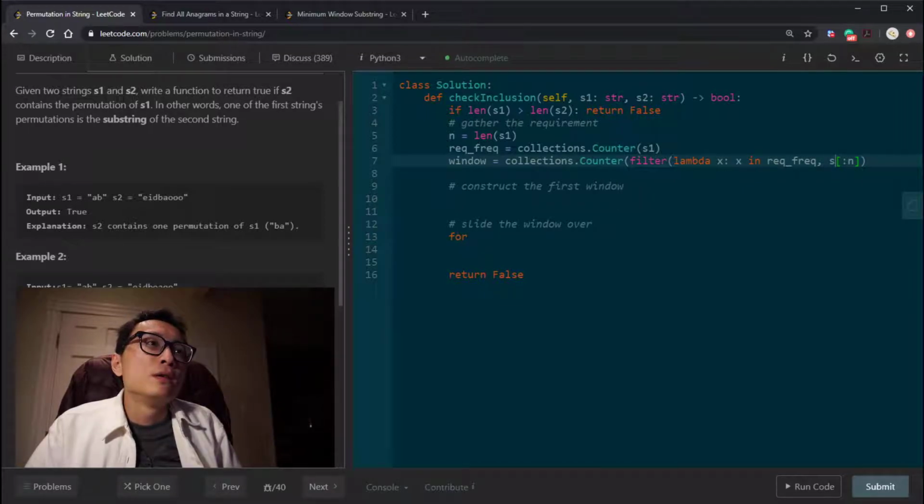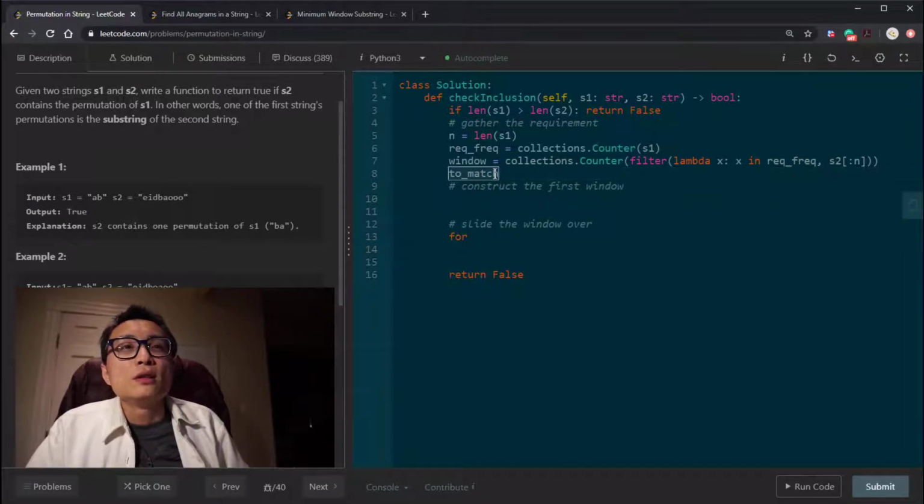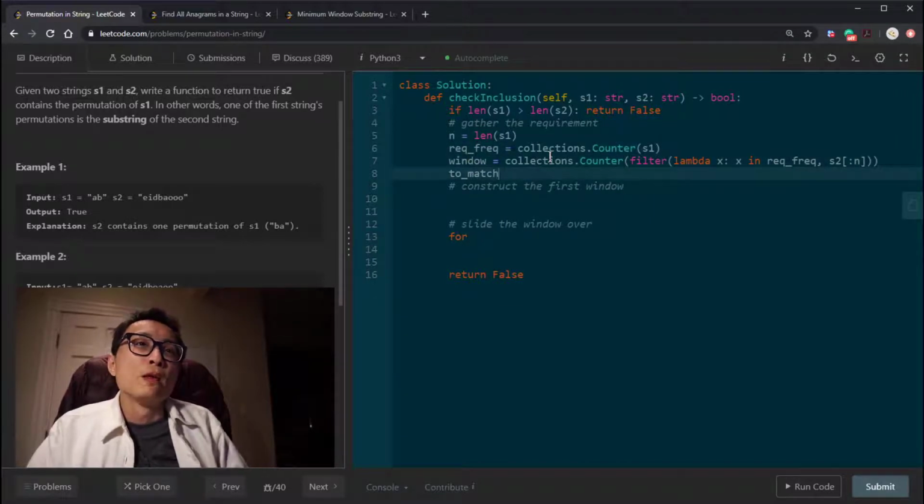So this is filtering the first n characters in S2 based on only keeping those that are in the requirements. Otherwise, we don't really keep track of their frequency. Then we initialize this toMatch requirement. It's going to be our one variable that tells us when we have a matching window between the window and the required frequency. Initially, it's the number of unique characters in the requirement